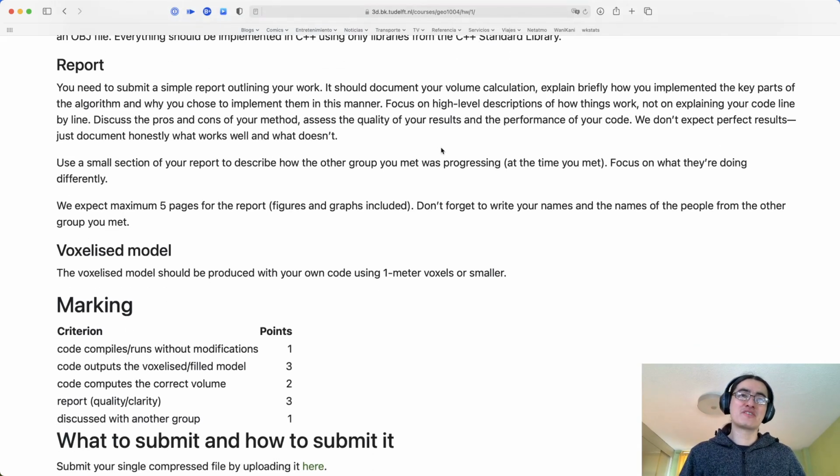The report is really a simple report. Just say what you're doing, why are you doing it that way. Just briefly document the key parts of the algorithm. You don't need to go through your code line by line. In fact, please don't go through your code line by line. Just tell me what are the key steps, more or less, what is your strategy to tackle the problem,